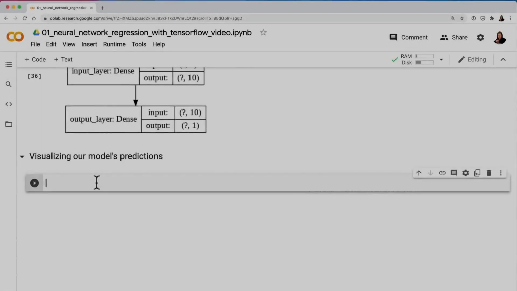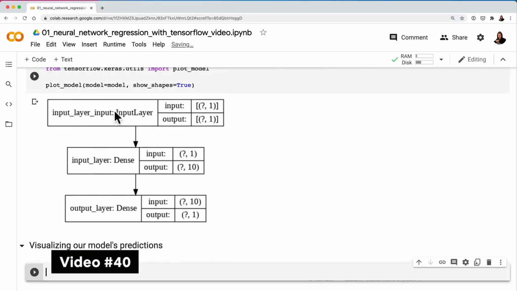In the last video, we saw how we could visualize the different layers